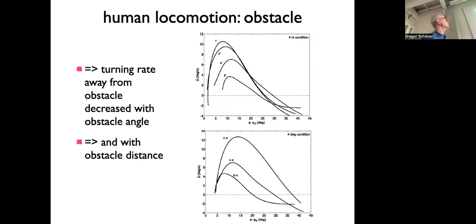And obstacle avoidance is similar. So here it's scaled so that the obstacle is here, and it's always put on one side. So in the experiment, you have it sometimes on the left, sometimes on the right. And for the analysis, they just flipped it so that you only see one side. And so what you see overall is a repeller here, right? A positive slope at this, and then it falls off with distance. And when the angle is very small, they have a very steep turn